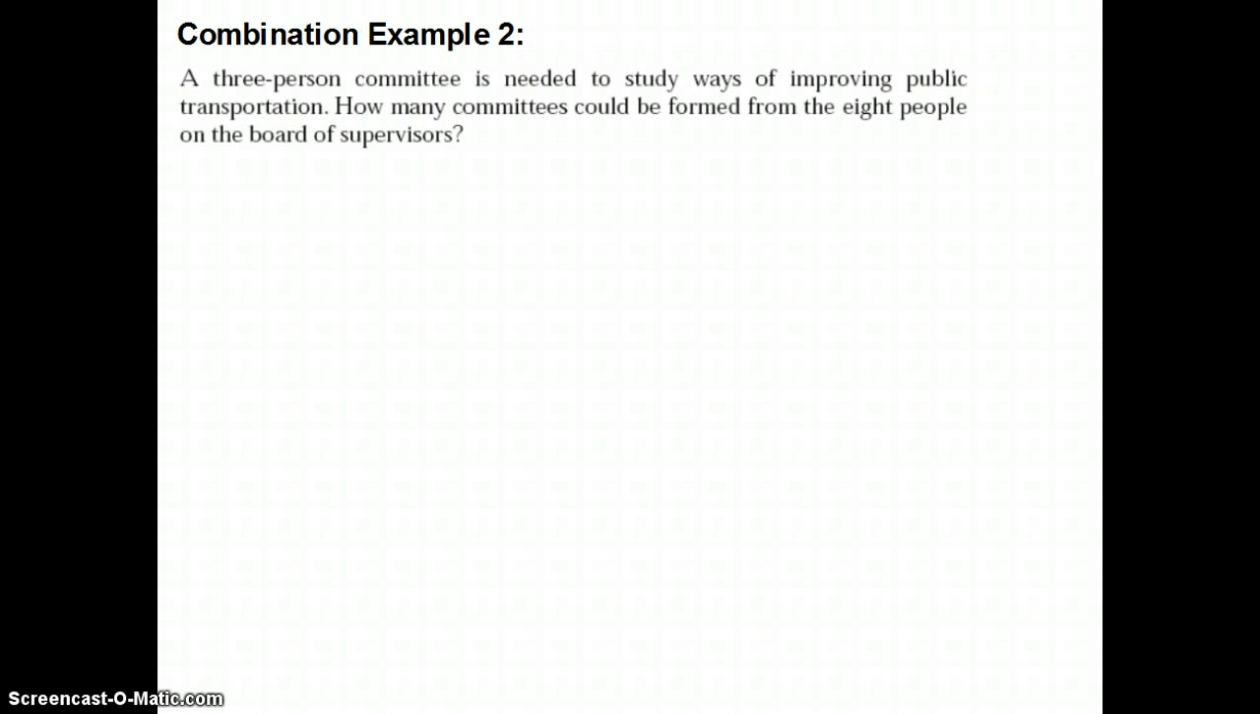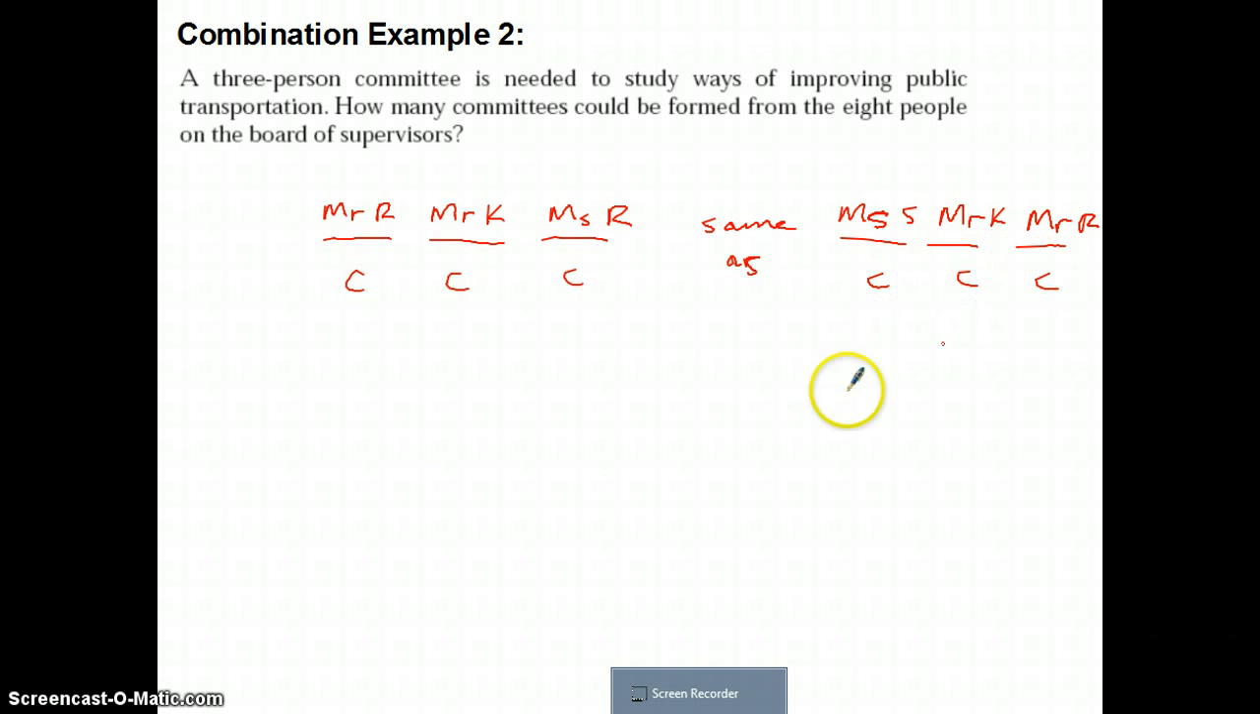Let's look at this second combination example. It says that a 3-person committee is needed to study ways of improving public transportation. How many committees could be formed from 8 people on the Board of Supervisors? So we have 3 different slots to pick. So the committee members, if we choose Mr. R, Mr. K, and Miss K, that's the same as,